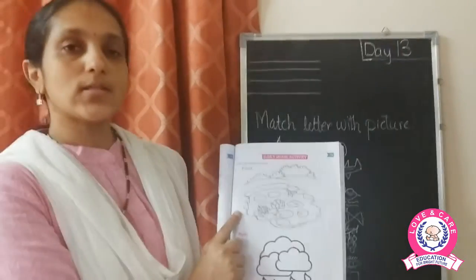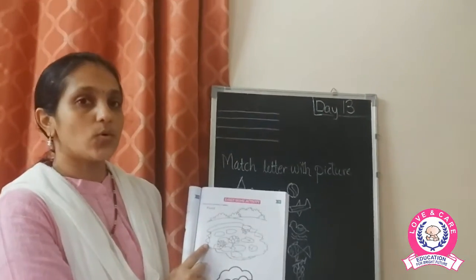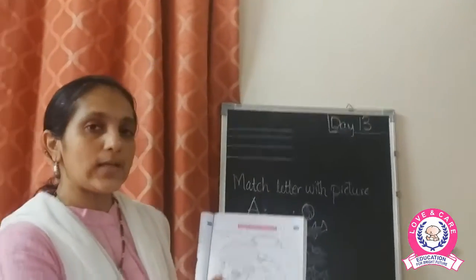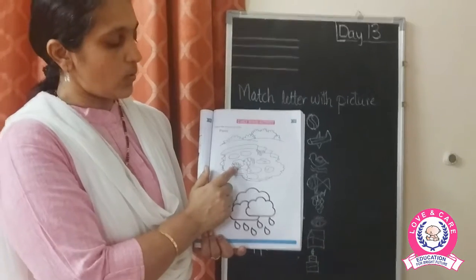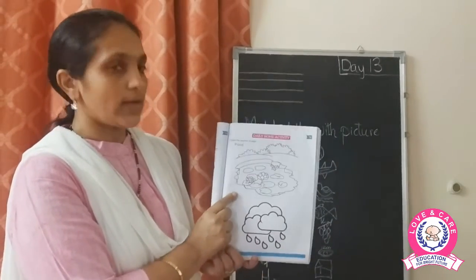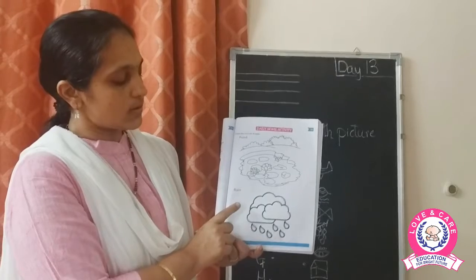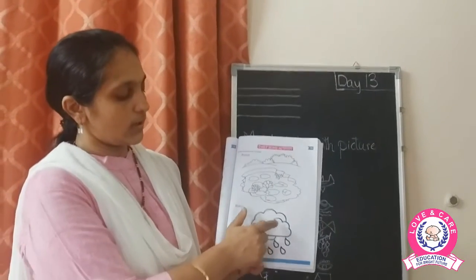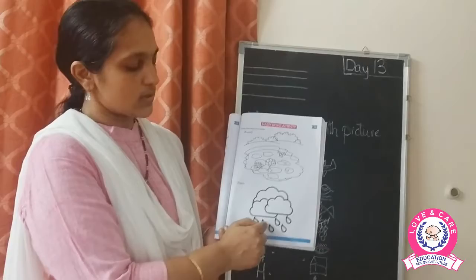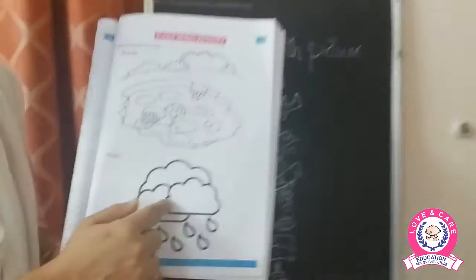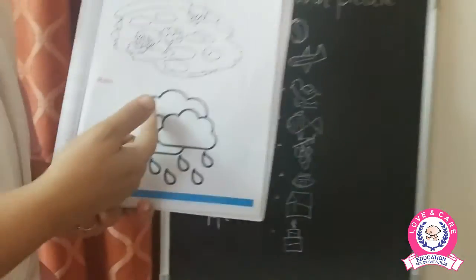Now when you are doing this activity, my dear children, there are small pictures, so you have to color it very neatly, because the pictures are very small, so you have to be careful that the color does not go out. Now here is the picture of a rain. These are the clouds and these are the raindrops. Raindrops would be the sky blue color. Clouds, you can color it blue, or you can color it grey and blue.